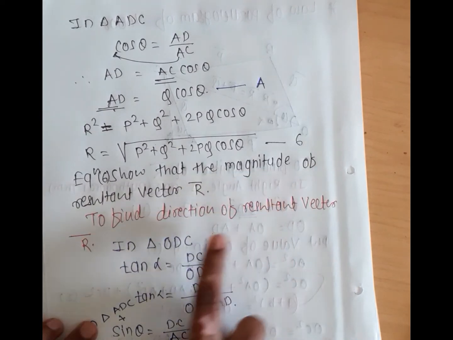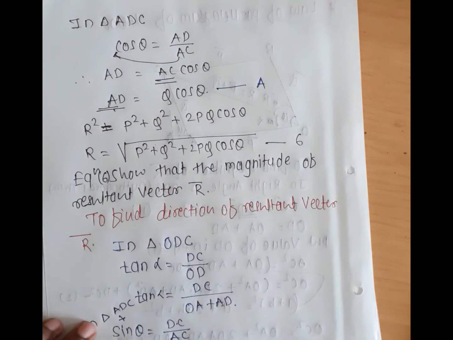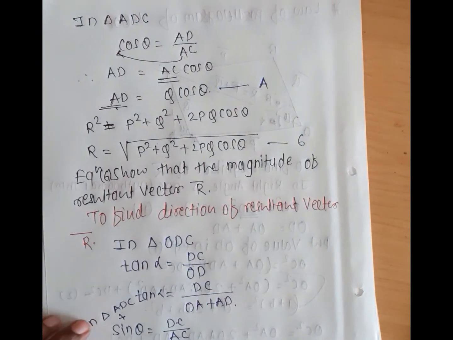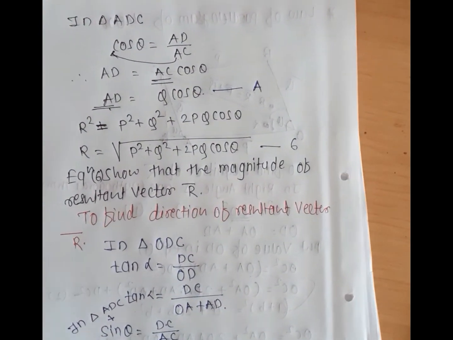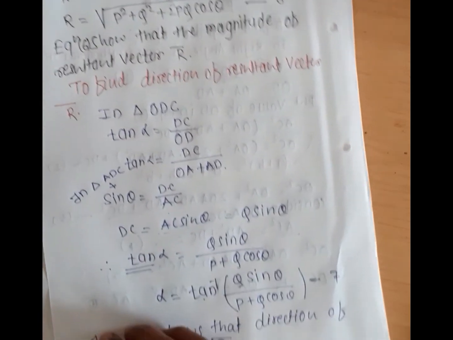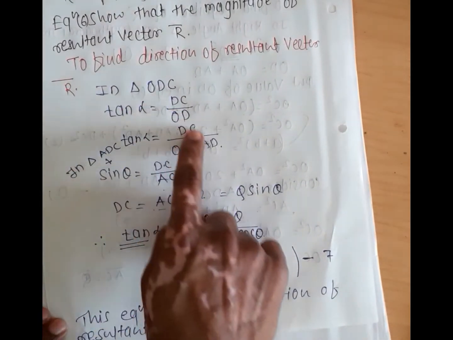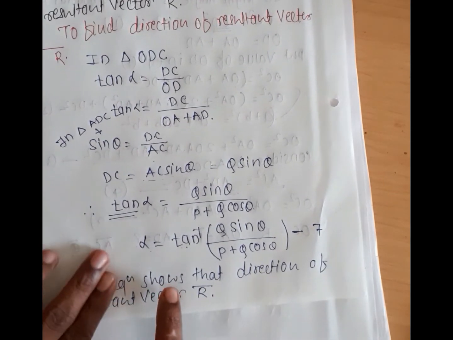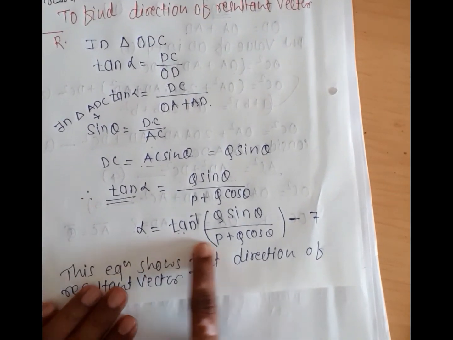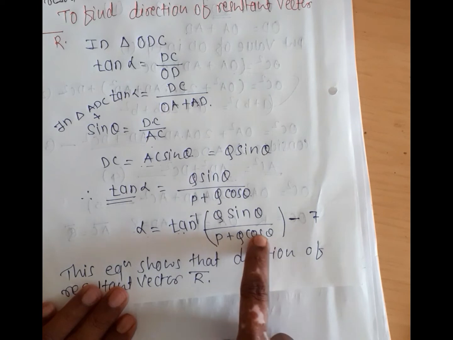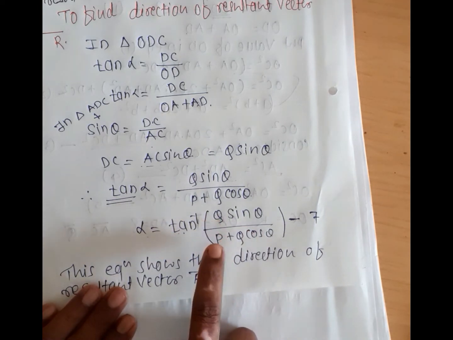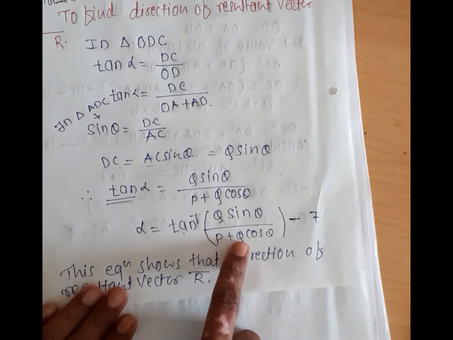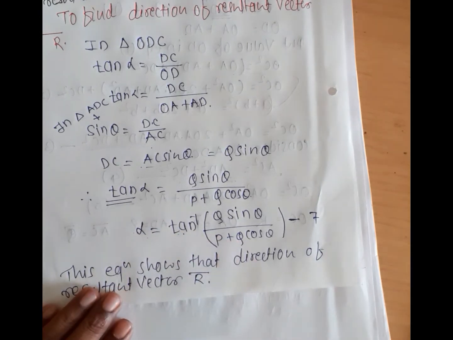Okay, then to find the direction of the resultant vector, how to find the direction of the resultant vector? Again we use that right angle triangle and take a few angles, alpha and theta. After that we find the value of alpha as tan inverse of this, and beta is the same, but instead of Q here we write P because of direction, and instead of this, opposite Q plus P. Okay, now we go to the next point.